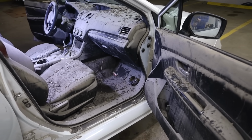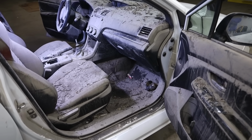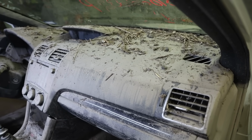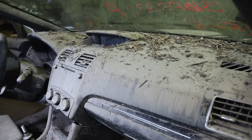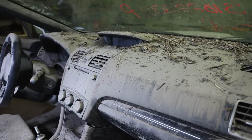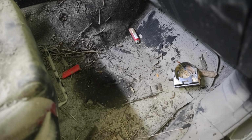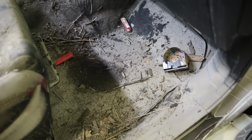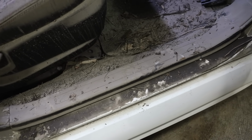So taking a quick look over this car, I'm actually curious what you guys would do with it. I'm sure there's a lot of Subaru owners like myself watching this video right now. Just so you guys know beforehand, we did this whole detail absolutely for free over the course of a few days. And the owner of this car is actually parting it out. That does mean that this car will never ever be on the road again. After everything is sold off of it, he's gonna crush it and then sell it for scrap, which is sad